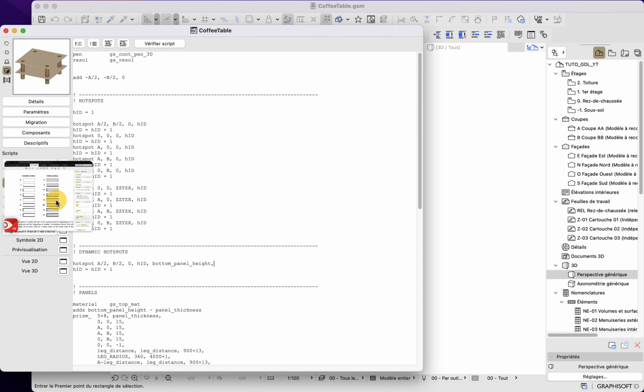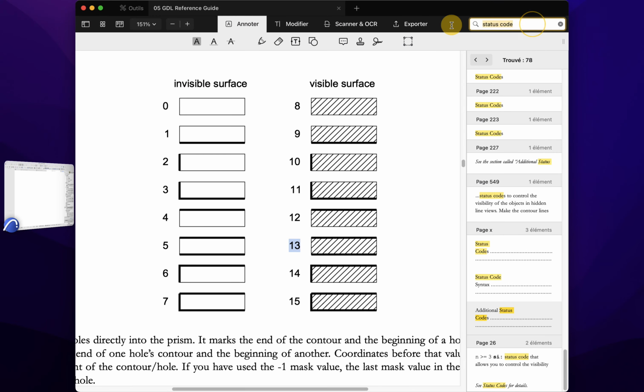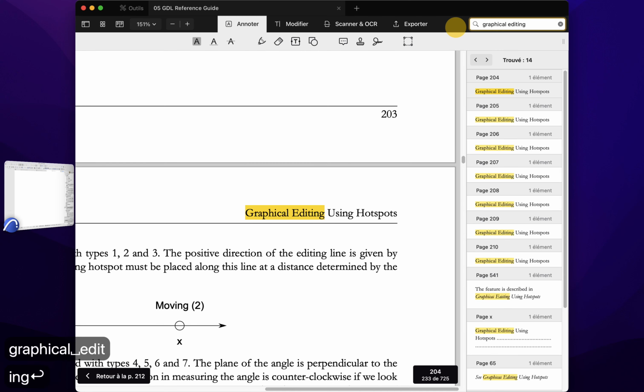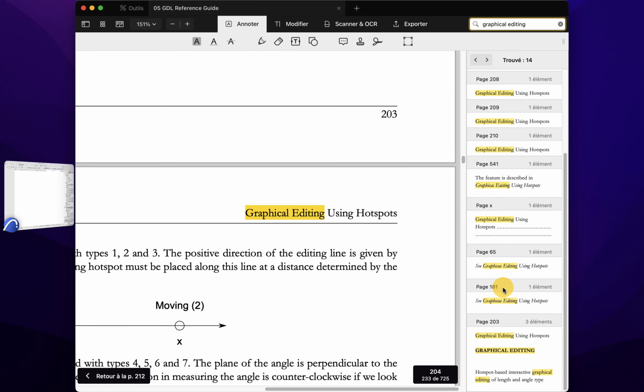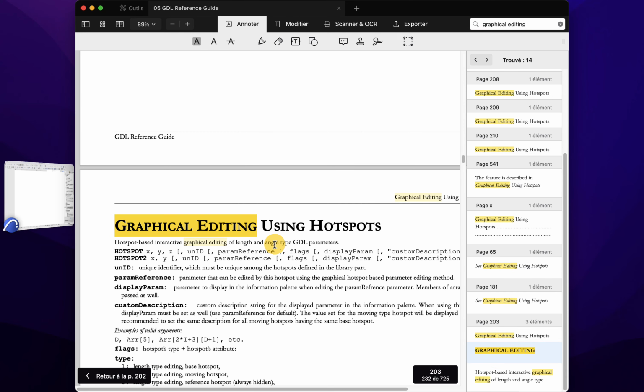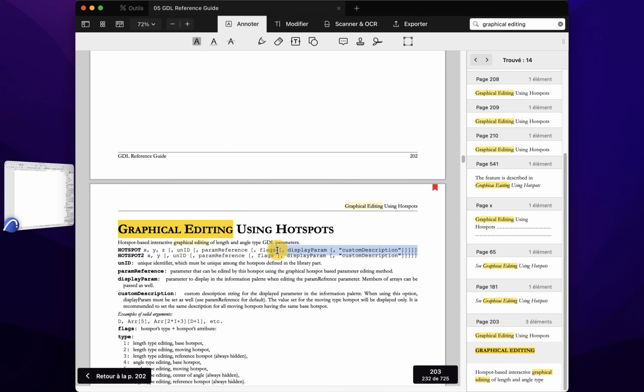If I go here into my GDL reference guide and I look for graphical editing, here, the title, like this. You can see here that the command is there. And you can see that we have here brackets when it comes to those parameters, which means that they are optional.